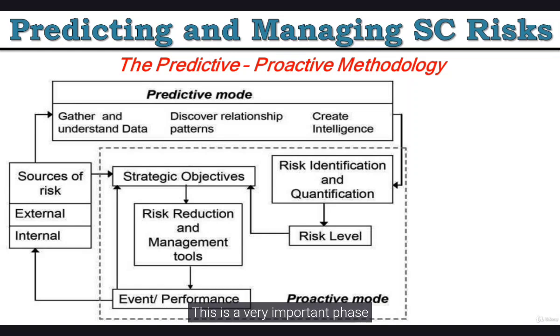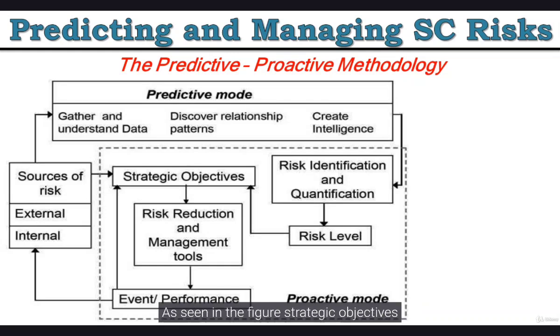These two tools together will provide sufficient data for the next phase. This is a very important phase as the analysis conducted in this phase will provide the necessary information for risk identification. The predictive mode enables the risk management agencies to form proactive solutions based on quantitatively analyzed data. Once the data is analyzed in the predictive mode, this data is fed into the proactive phase of the risk management process to enable the identification and quantification or effect of the risk scenarios.